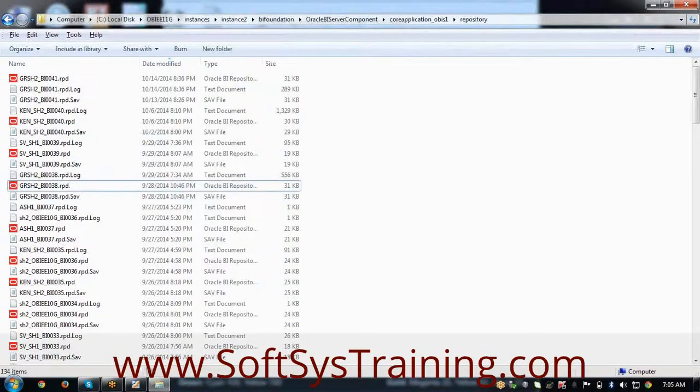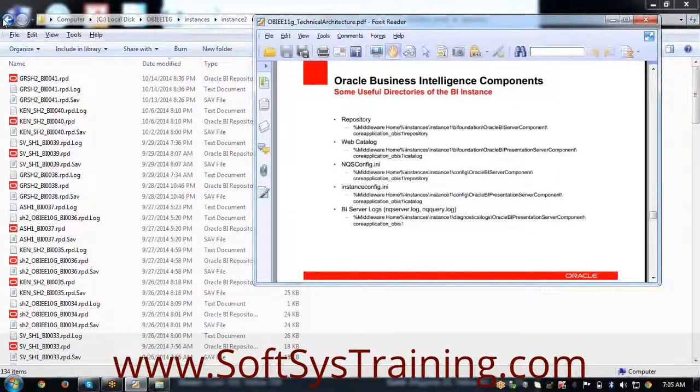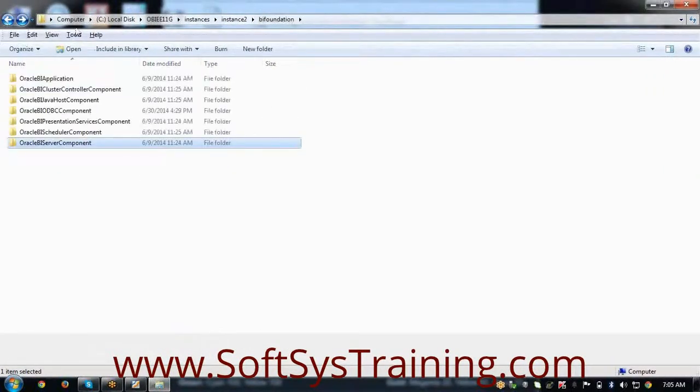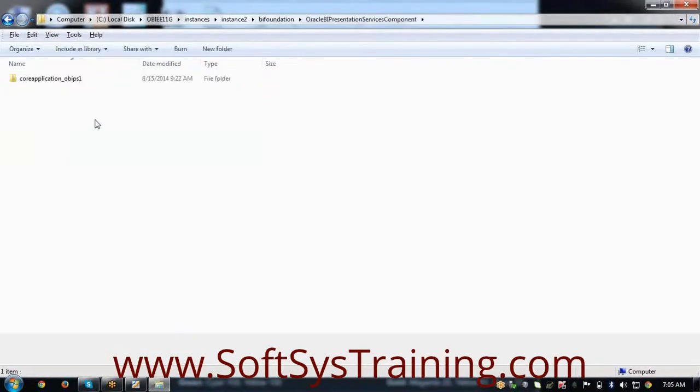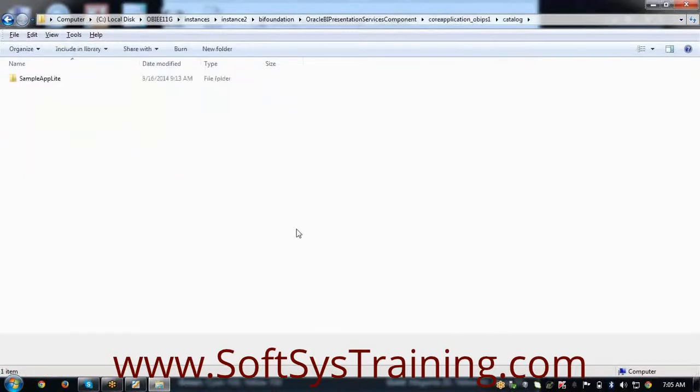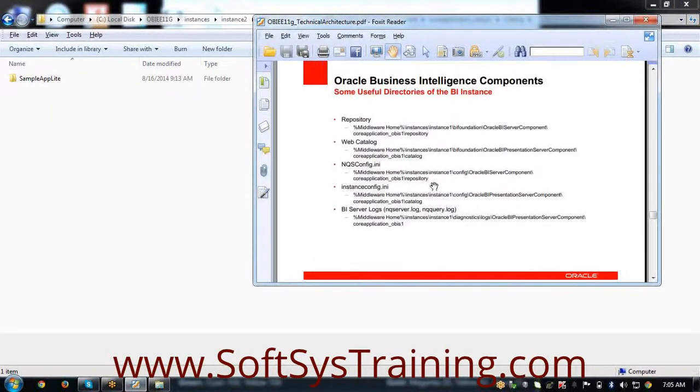Now the same thing when we talk about a catalog here, it's called a web catalog or the presentation catalog. Instances, instance 2, BI Foundation, Oracle BI presentation services component, core application, and you see something called a catalog folder here. So this contains the catalog related to the currently running RPD. Here you can see the catalog location, and we call it a web catalog.